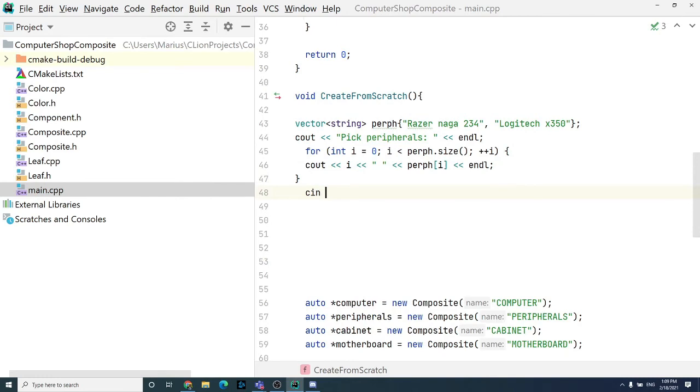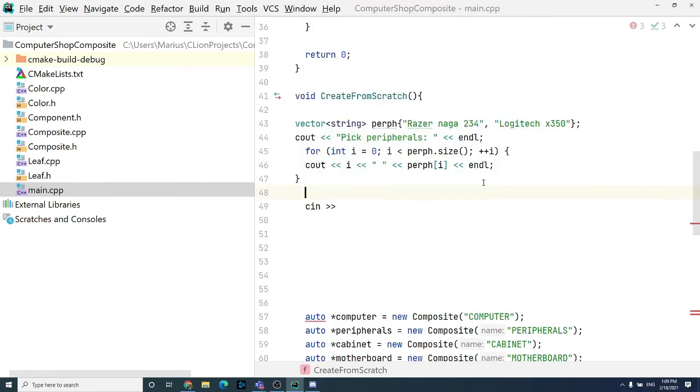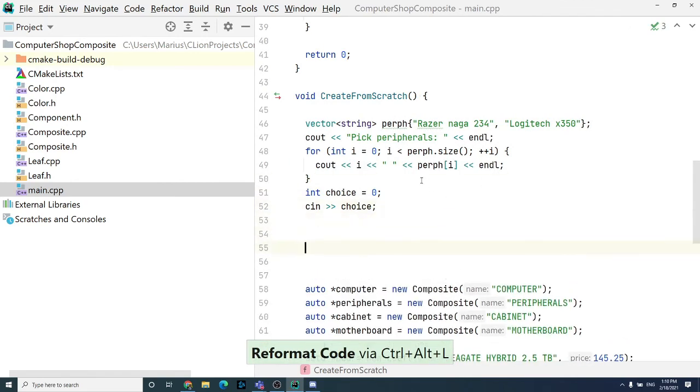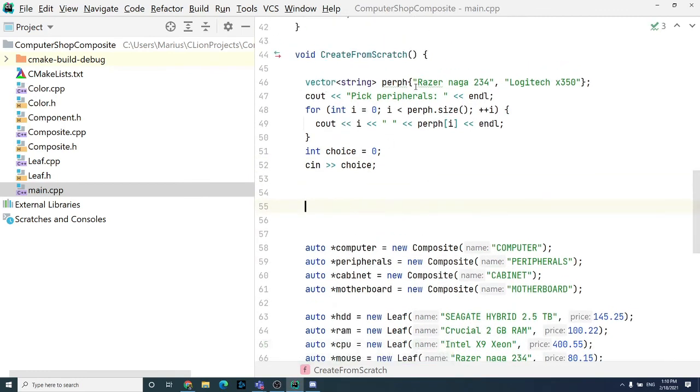And of course, there is no option to validate this stuff at the moment, but we just say something like int input, or just int choice. Choice is 0, but we just read choice. Yeah. Okay, we just endline. Vector perf, we just read some list, we display the peripherals, we just enter choice,